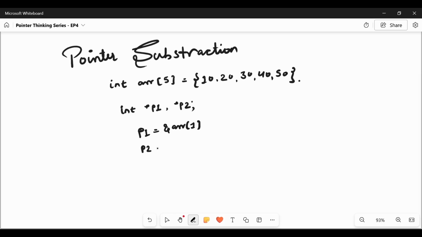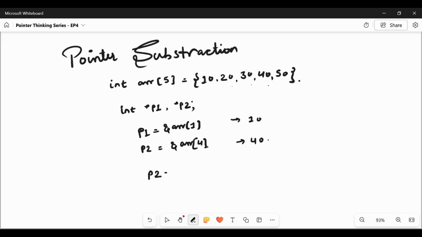And in p2, store the address of, let us take, the fourth element. So p1 points to the value 10, and 1, 2, 3, 4 points to the value 40. So what will be the output when we do the subtraction?